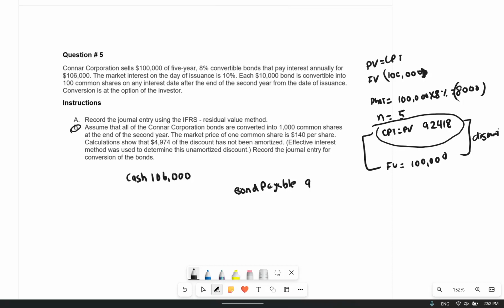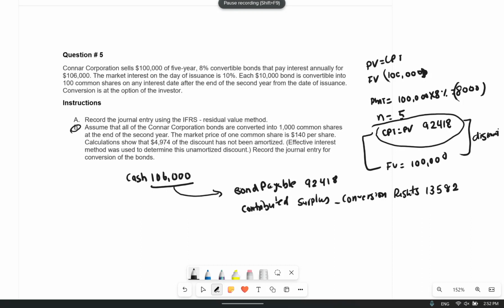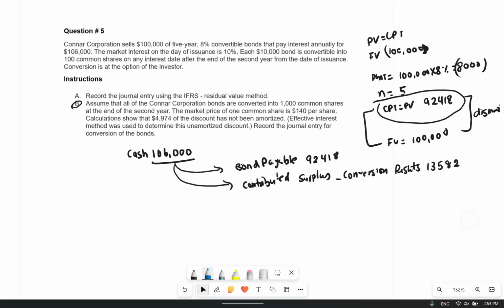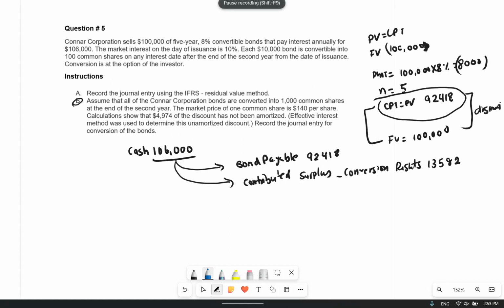So that will be my first entry, 418, and then we're going to have a contributed surplus conversion rights, and that will be the difference between the both, which will be 13,582. How did I get that? We paid 106. We allocated part to my bond payable, and then the leftover will go to my contributed surplus conversion rights. So what they did is they told us in the question, assume all the